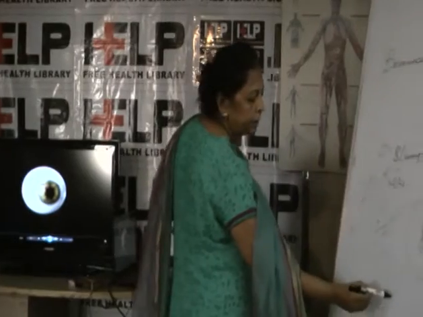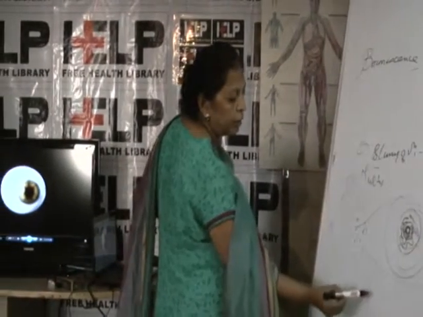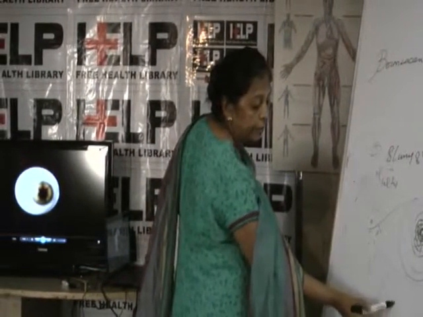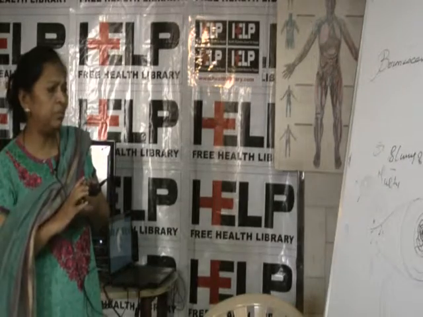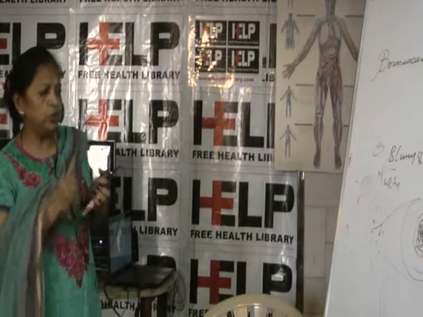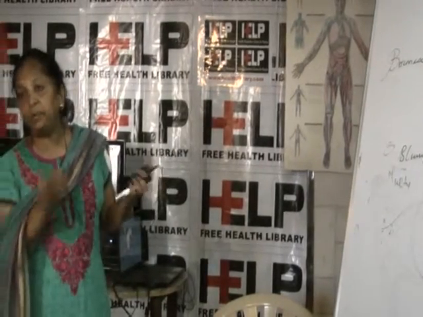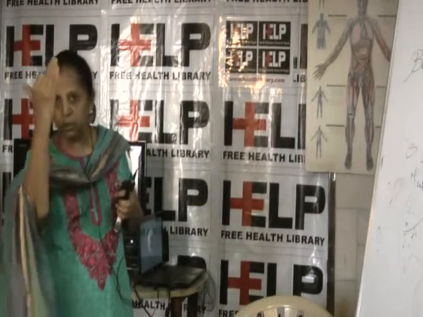One machine known as a slit lamp will tell you whether it's a central cataract, a peripheral cataract, or only a posterior capsular cataract. This is also quite common. The patient will say, but I can see, but a little blurring is there. When you see just with a torch, you will say everything is fine, but you have to dilate and then see, because only then will you see the posterior capsule where there is a cataract. Slit lamp examination only will tell you. So examination with a dilated pupil is very important.